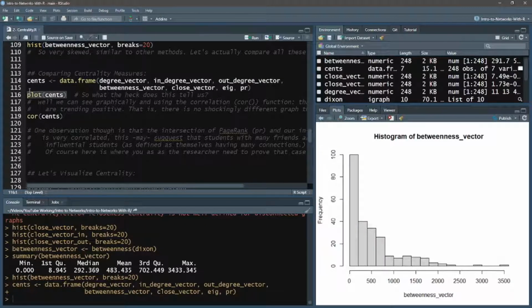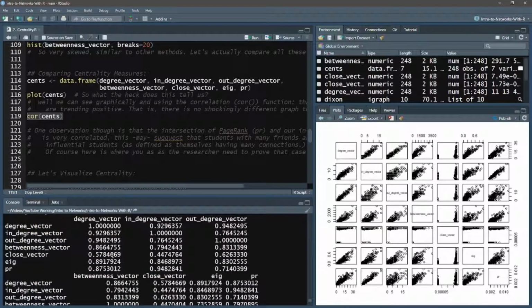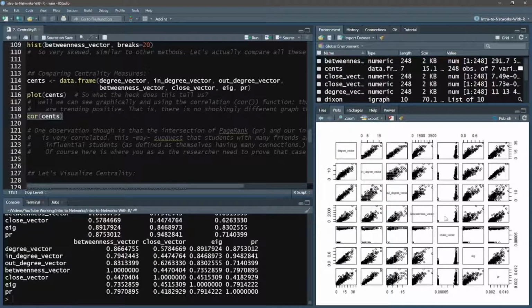And if we just plot these, what we'll see is this really gross looking plot, but how you'd read this is essentially like a correlation plot where you have all of the different measures paired up to one another. This is similar to using the cor function, COR, if you're familiar with R. This is kind of a go-to for most things, where you get the correlation metric between all of these as kind of an adjacency matrix, but just for correlations.